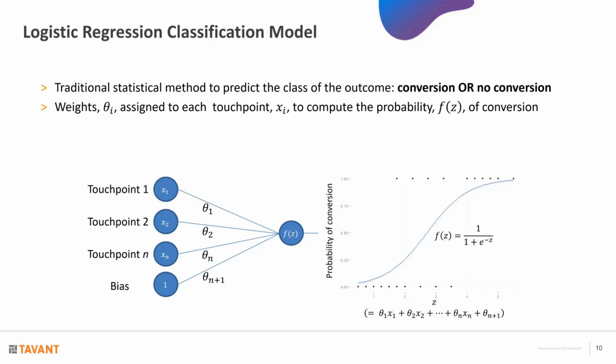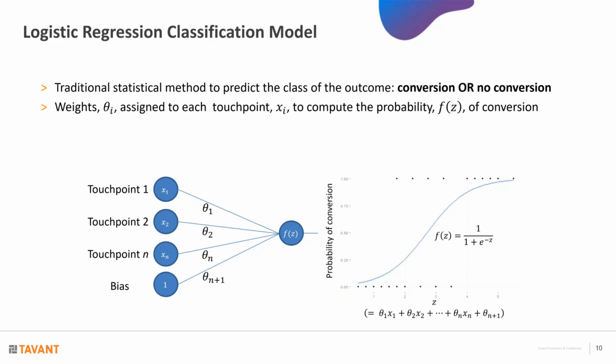And now you can imagine that each of these weights indicates the importance of each of those elements of the input data. If theta 1, for instance, is very high, then the impact of the variable x1 will be significant on making a judgment whether the output belongs to a certain class or not. But if the value of theta is very small, think of it in the extreme case like 0, then this will have absolutely no effect. So the smaller the value, the lesser the importance, the higher the value, the higher the importance. And that basically correlates with the idea of attribution.